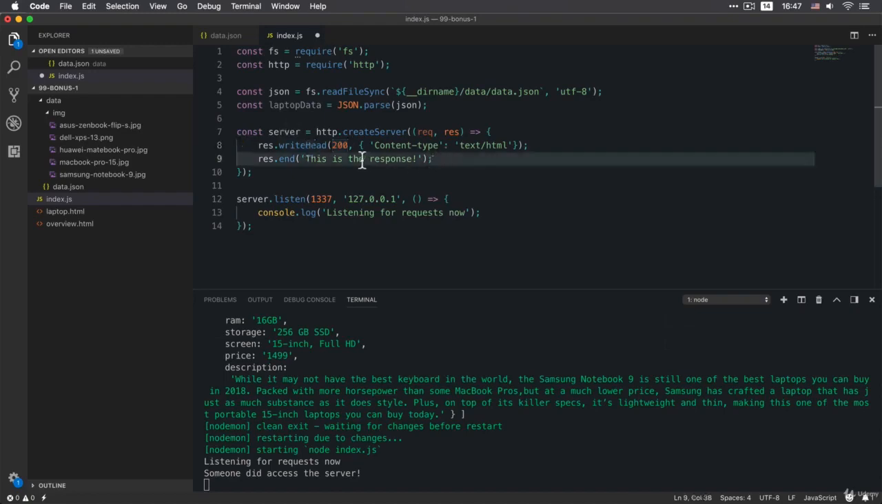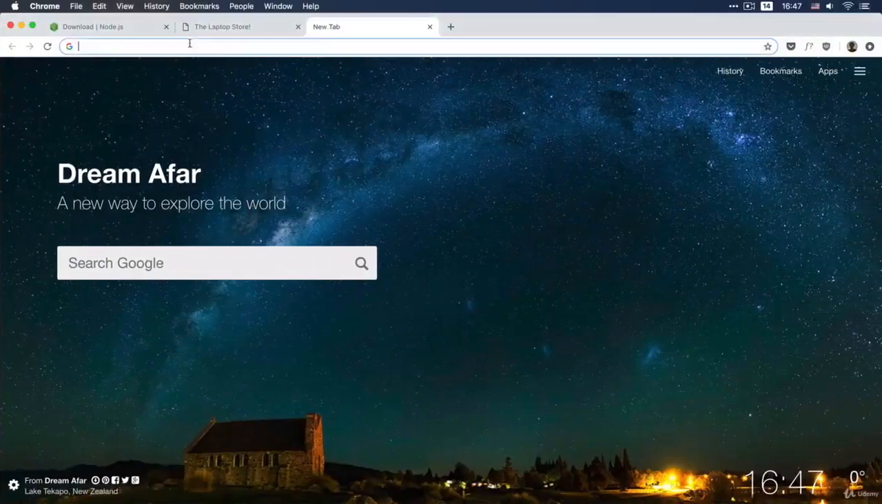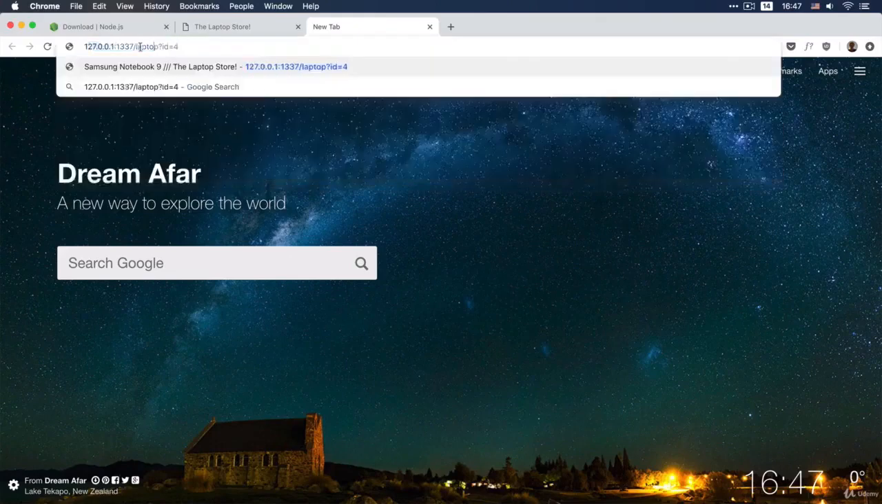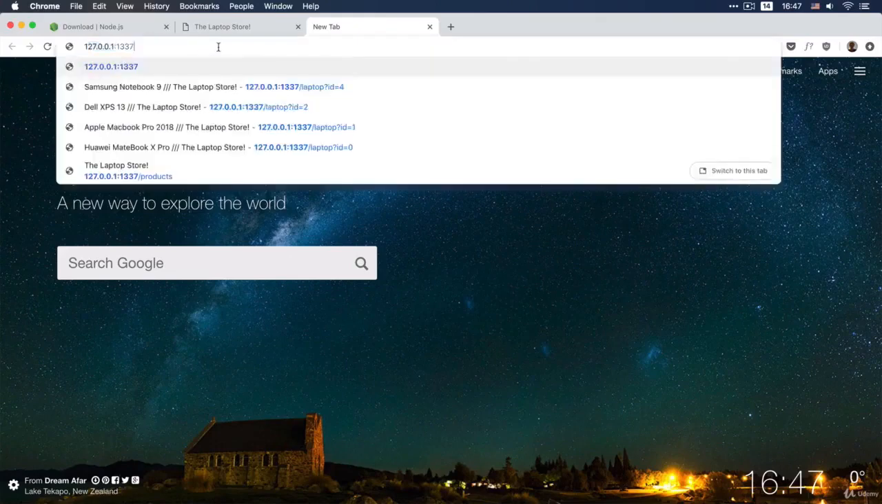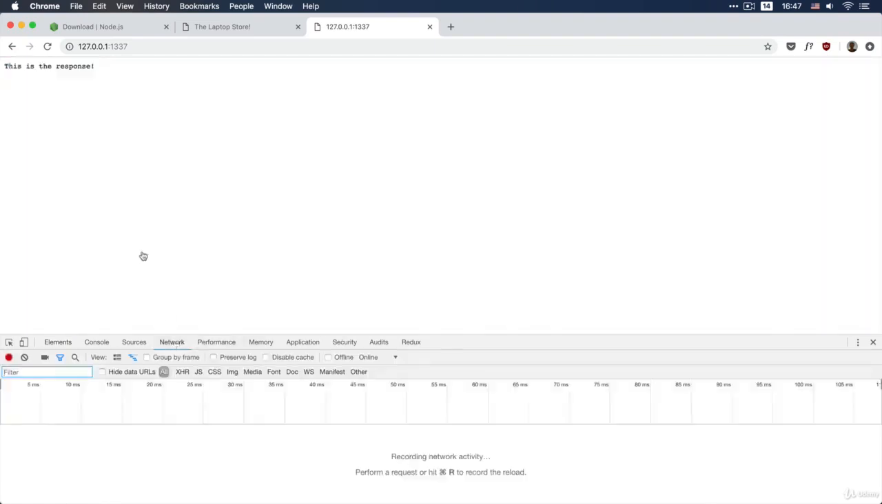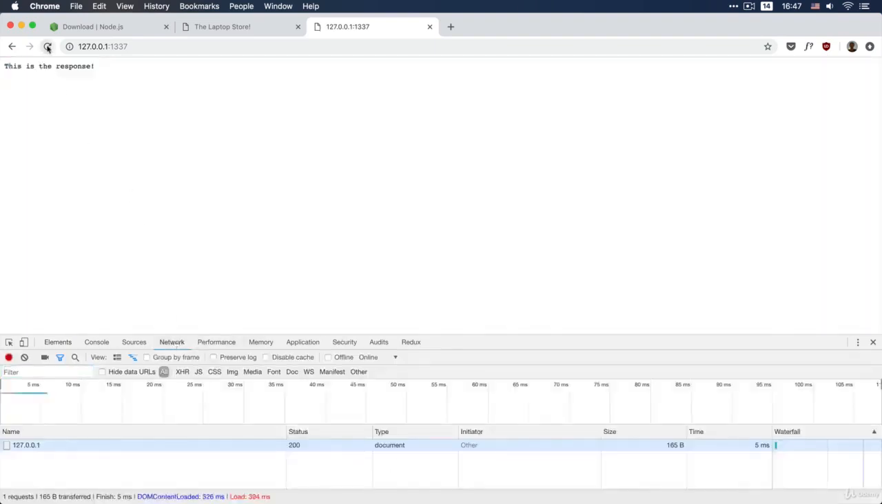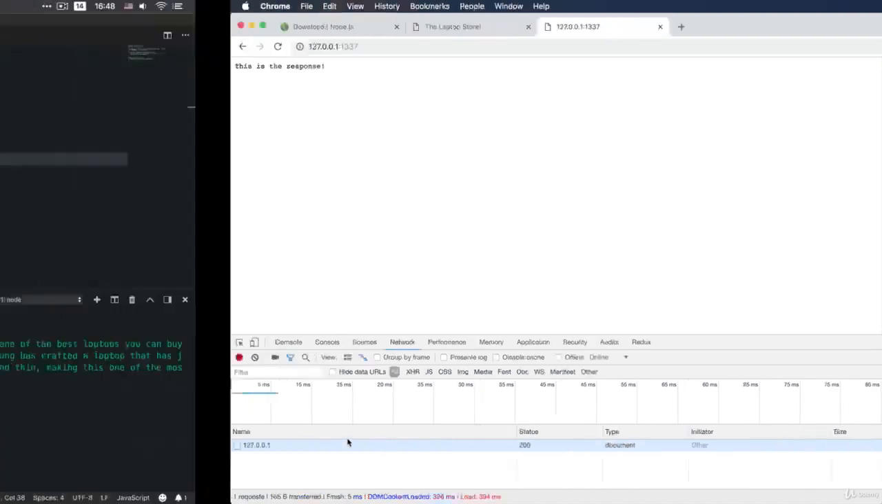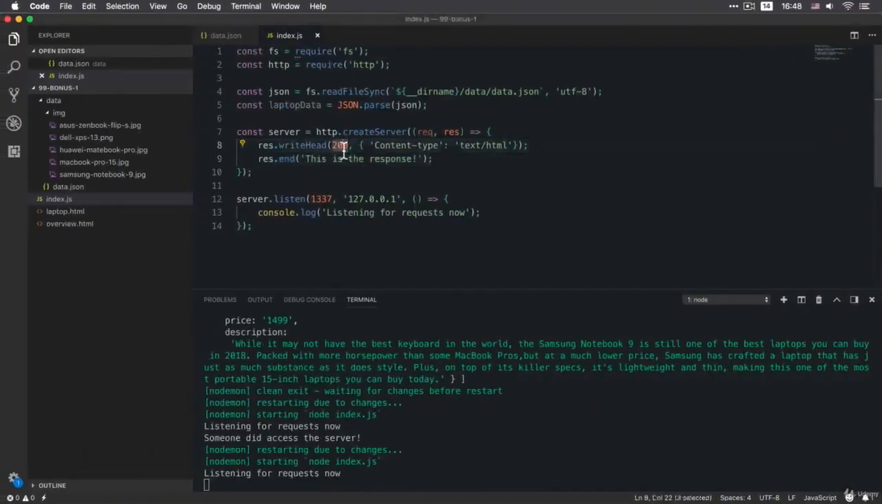All right, and so let's see what happens now in this case. So this is what we want, and here we go. So this is the response. What I wanted to do is to show you the network tab. We have to reload this actually to work. And so here you see the status code that we sent back. So the 200, okay. If I were to say 404,